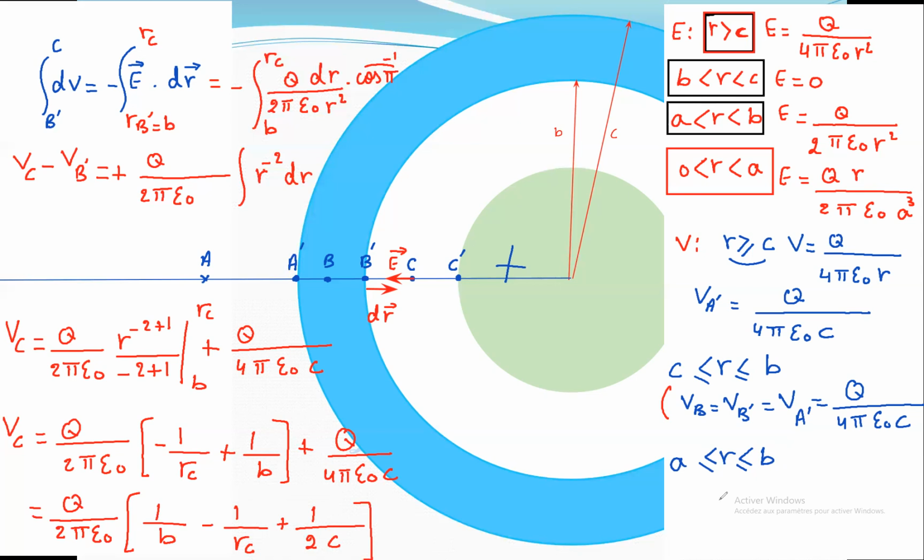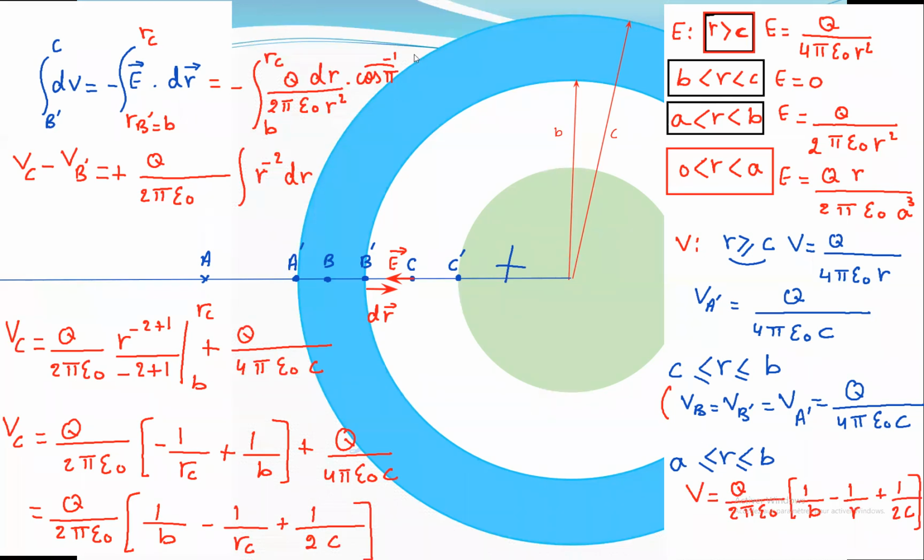So finally, we have V between A and B equals Q over 2 pi epsilon 0, times 1 over B minus 1 over r plus 1 over 2C. Okay,